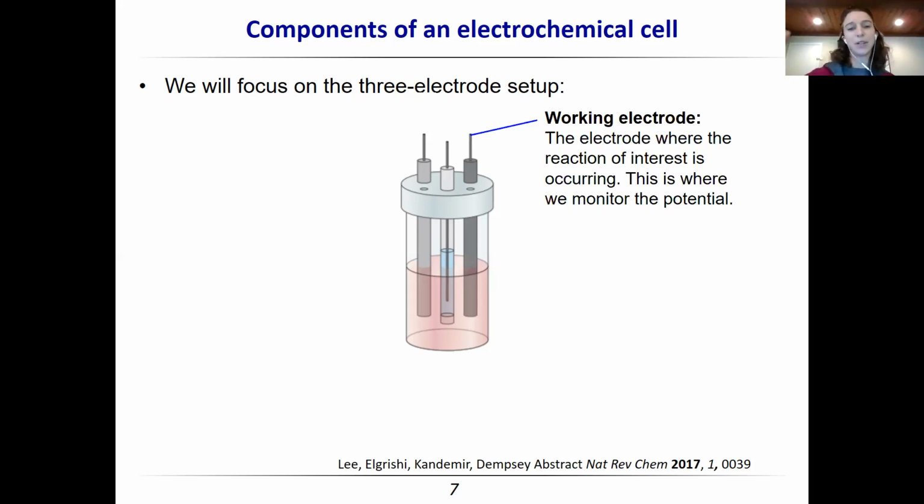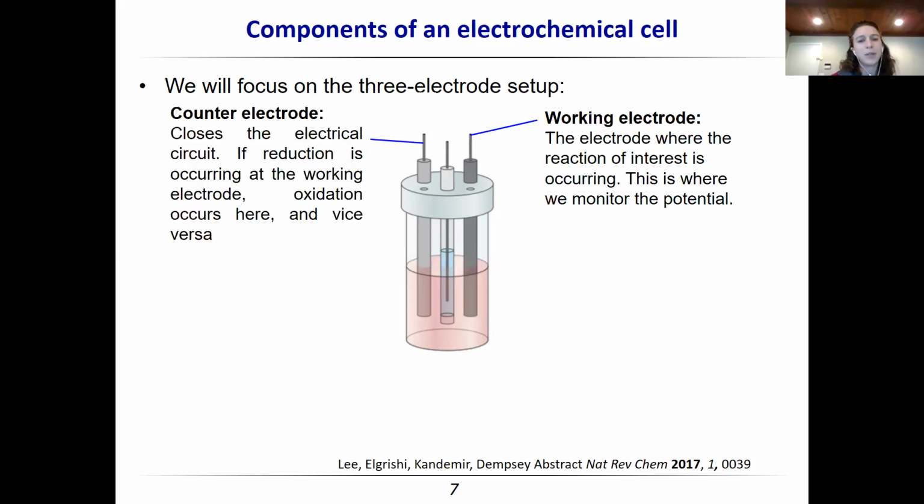In practice, I would hook up all of these leads to something called a potentiostat, where I can either set the potential or the current. And now these are pretty straightforward to use in the sense that you would just type in the potential that you want versus a reference, and the potential that you're typing in is going to be the potential applied at the working electrode. You also need a counter electrode. Electrochemical reactions are half reactions, so we need to close the circuit with the second electrode. If I'm doing an oxidation reaction at the working electrode, I'll be doing a reduction reaction at the counter electrode, and vice versa.